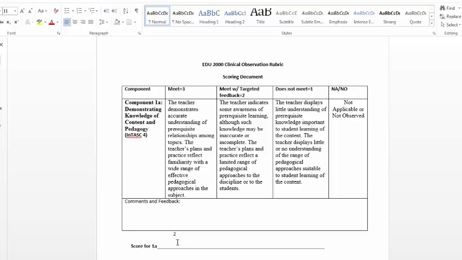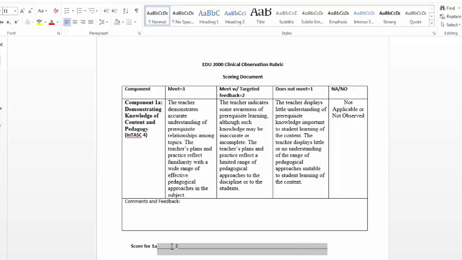If it's that their content knowledge is so deep and they're still somewhat limited, but they're moving beyond limited into developing a more wide-ranging repertoire of pedagogical practice as it relates to the subject, then you could give them a level 3. So you would put the score here, the numerical score, and then right here you see,